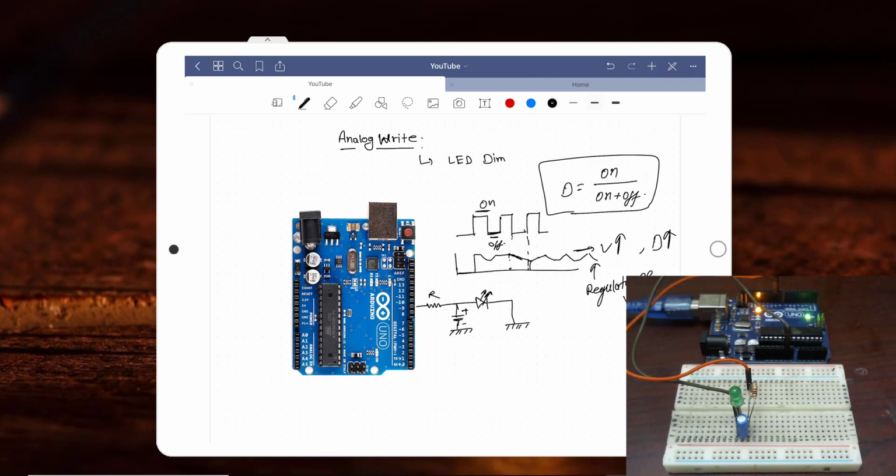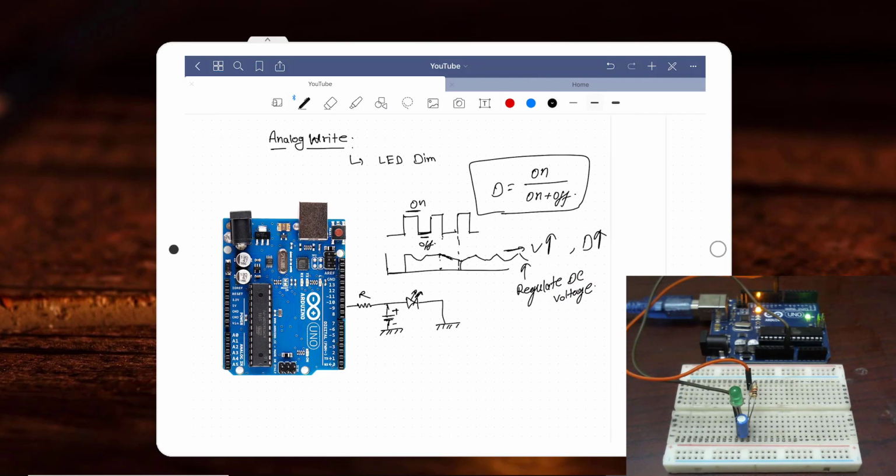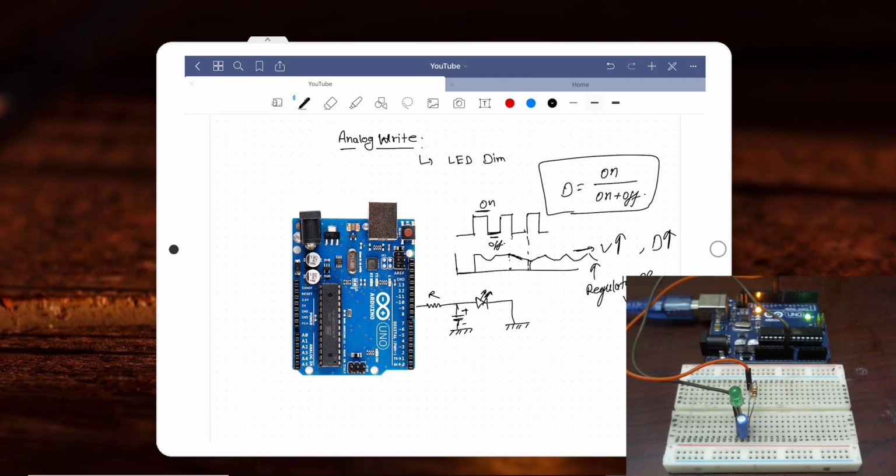Okay, so let's understand this with the code. Before that, I can show you here. It is connected here to the Arduino. There you see I have connected an LED to pin number 9. There is a green LED, and I have connected two resistors of 1 kilo ohm each. So the effective resistance is just 500 ohm, and there is a capacitor, and this is a 100 microfarad capacitor. You can use 147 or 200 microfarad as well. And now